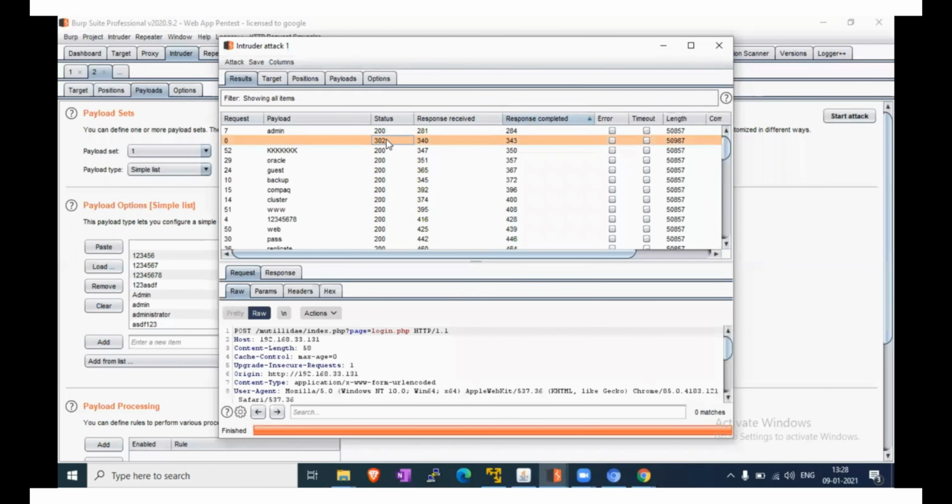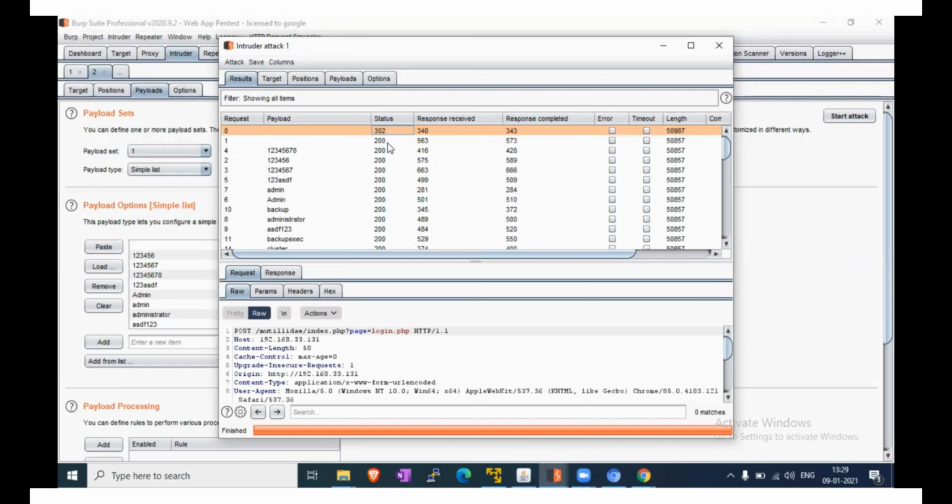Here we can say that for the administrator, this is the wrong credential and this is the successful login event. The valid password has status 302, and it shows the response received time is 340 and the response complete time is nearby, 343.